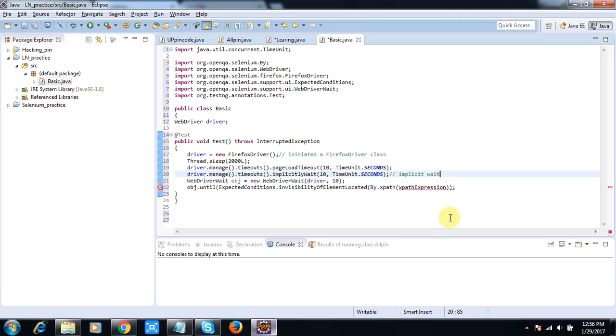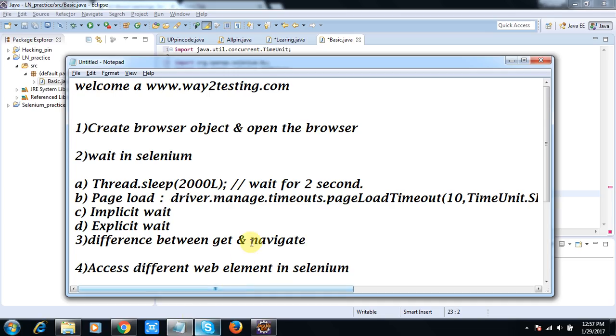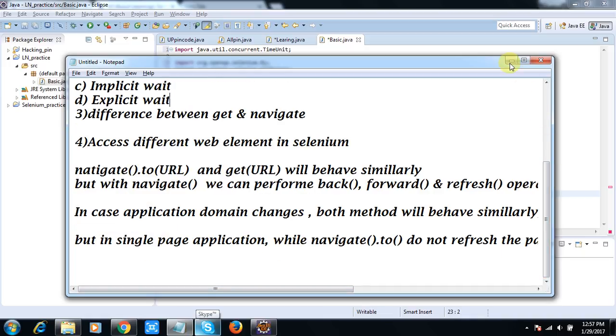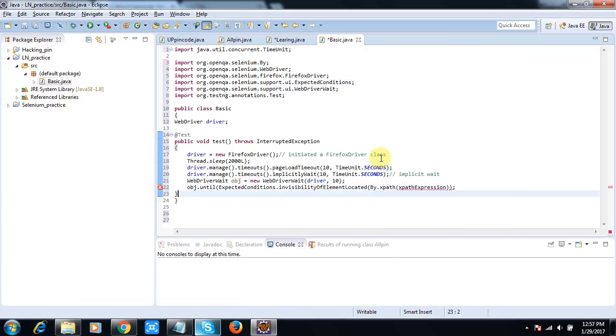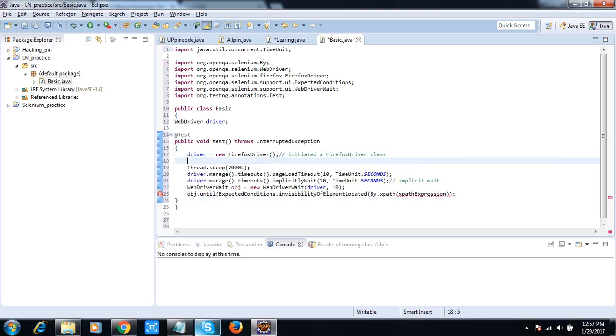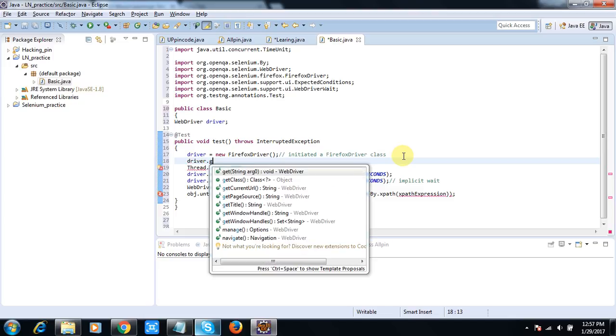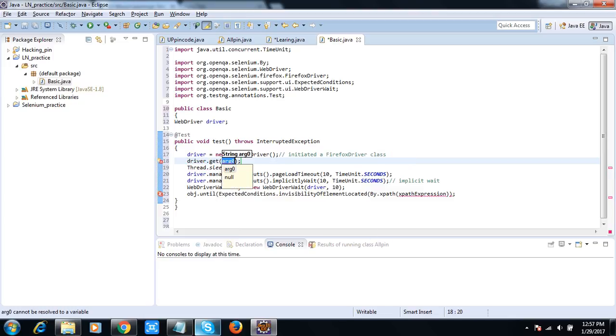Now I will cover the difference between driver.get URL and driver.navigate. Suppose we have opened the browser. Now we are required to hit some URL. So we will use the keyword driver.get. It will put our URL on the browser navigation bar, way2testing.com. The same operation can be done